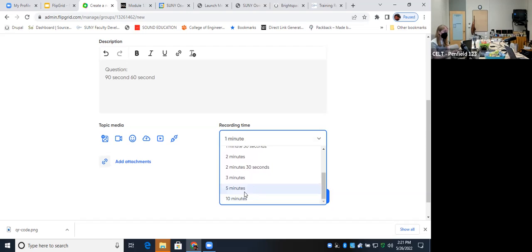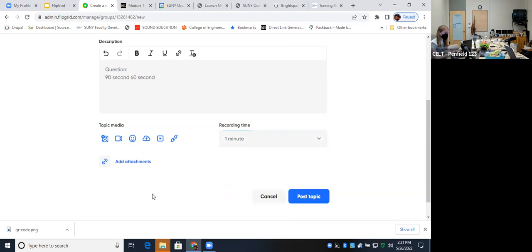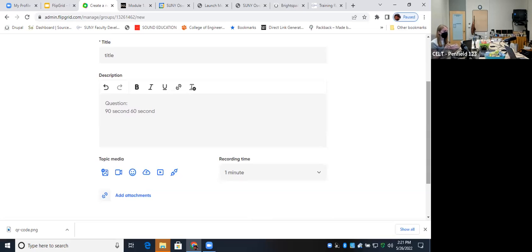So I could even imagine, if you're going to have a 10-minute video response, that could be a presentation for a student, depending on the class and the type of oral assessment you want to give. So there's really quite a lot of options here. You can add attachments if you want to attach a rubric. You don't have a rubric directly attached to this, but if you want students to view that prior to completing the Flipgrid, that's another way to provide that information to them. And of course you can do that within your